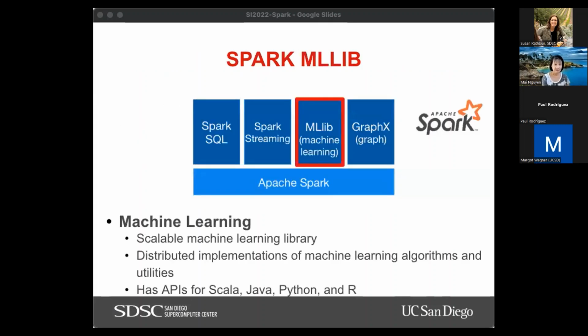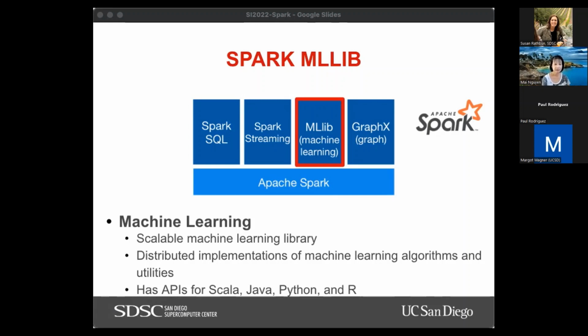And then finally, we also have a machine learning library, right? And that's referred to as MLlib. This is a machine learning library that has distributed implementations of common machine learning algorithms and utilities.